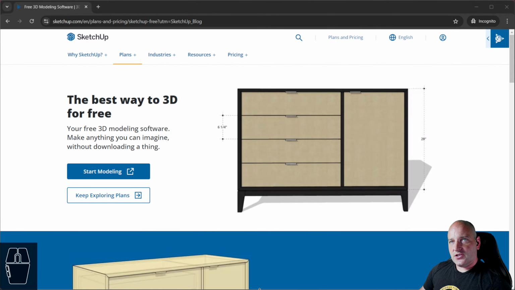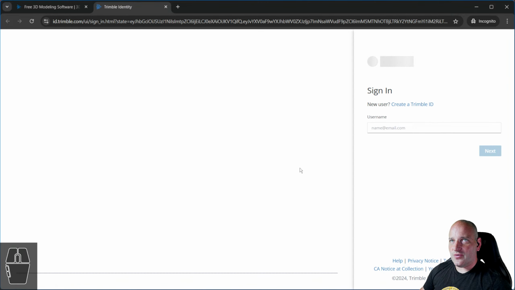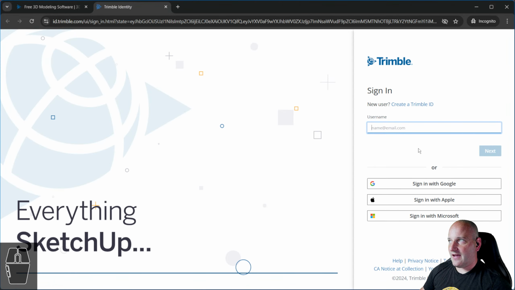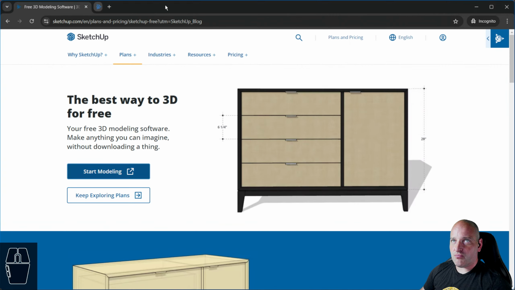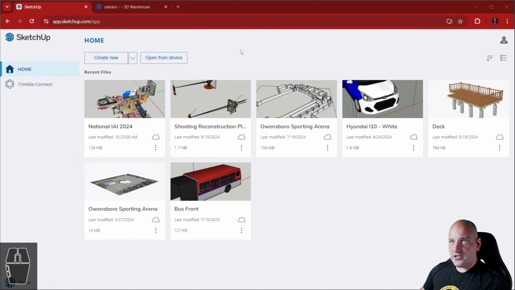All right. So again, we're going into SketchUp Free. This is a free version of SketchUp, and you do have to sign up. So this will take you to a Trimble ID login. If we click on Start Modeling, this is going to take you to a Trimble ID login. We do require you to have a free Trimble ID. So if you don't have one, you can create one. Create a free Trimble ID, and that is going to bring you back and get you modeling in SketchUp for free. Now, where you go to get this, or where it's going to take you, is this window right here,